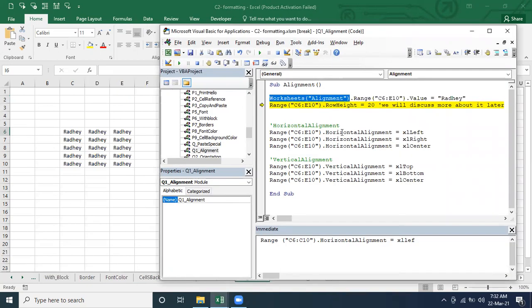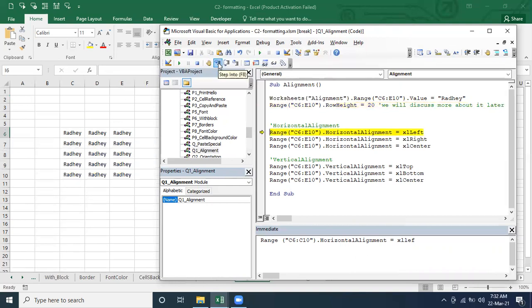So we have specified. I will talk about it in detail, not as of now. This you should understand: if you want to work with a specific sheet, then you have to specify the sheet name, or you can pass the sheet index also. Now we are going to talk about the values which we assign to the cells. So this is the first one, and in the second one we are going to increase the row height to 20, so that you can observe it.